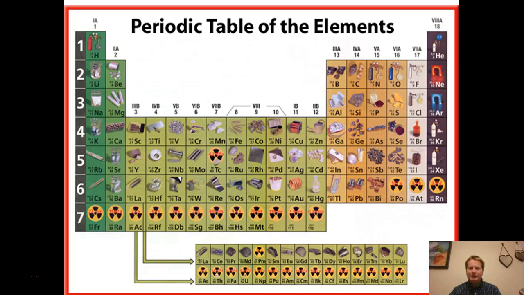Hey, it's Mr. Stoletano. This video is going to be on metals, nonmetals, and metalloids. So at this point we know that to the left of the periodic table are the metals, right? And then we have like a staircase going right here that tends to separate them from the nonmetals. What we may not have talked about is that the staircase is actually the metalloids, which we'll get to in